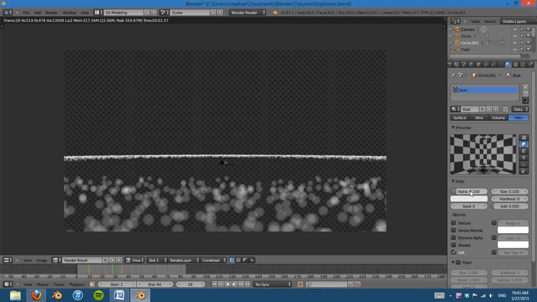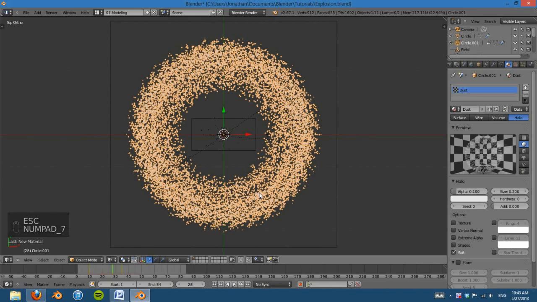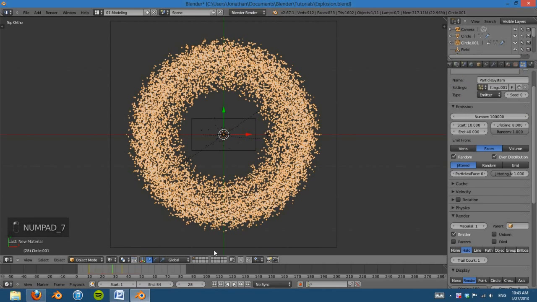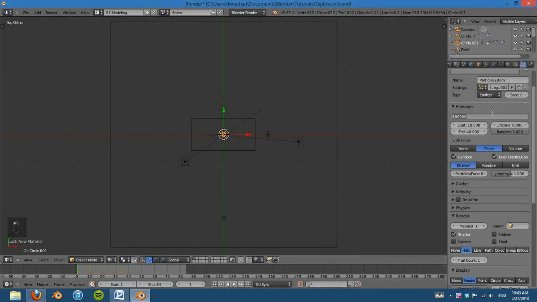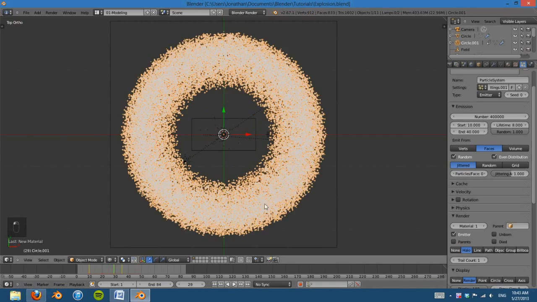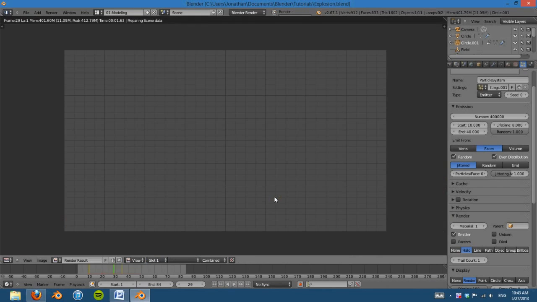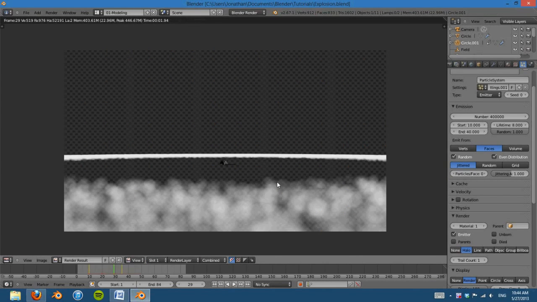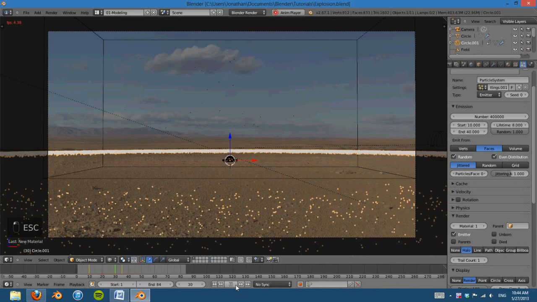You know, even if you turn that down and maybe turn that up, let's just test out what this looks like. There we go. That looks like some nice dust just being kicked up, very blurry, which is good. And I'm going to turn that up to 400,000. And I'm going to save, because sometimes working with large particles is hard on the system. Okay, so as this blows past,